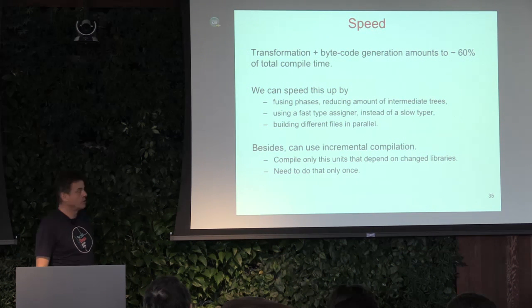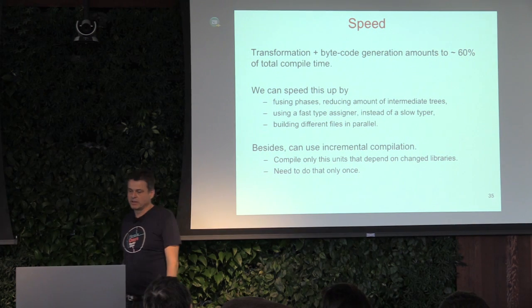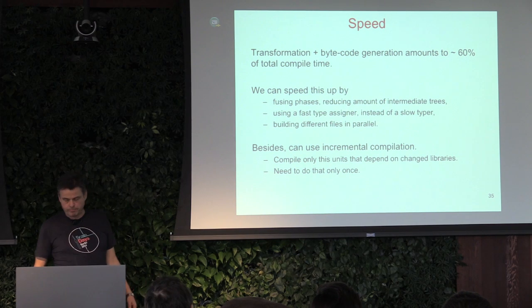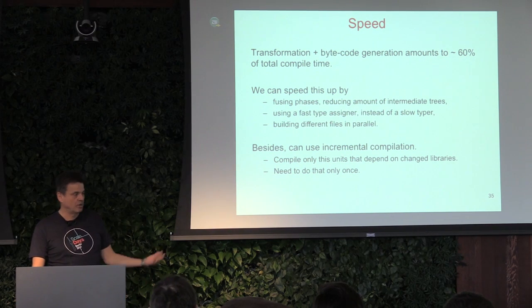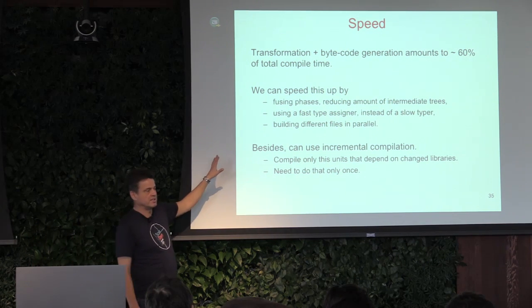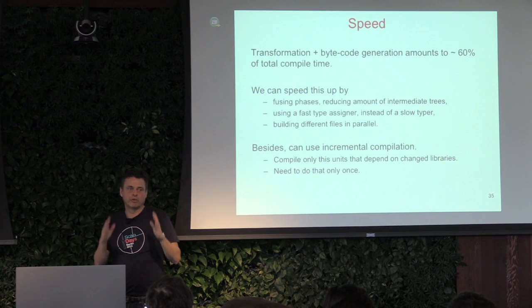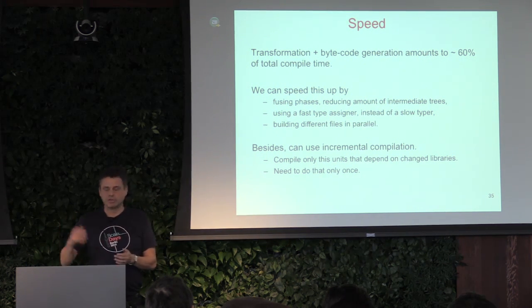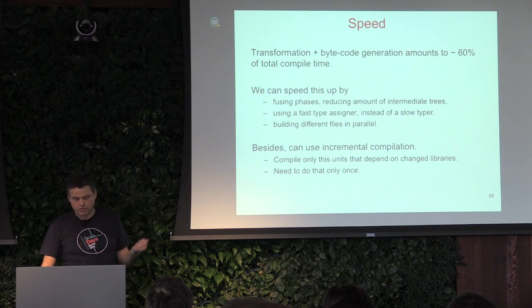Speed. Transformation and bytecode generation currently amounts to about 60% of total compile time. There's a lot of tricks we can use to speed that up. So we have experimented with fusing phases, reducing the amount of intermediate trees, using a fast type assigner rather than the slow typer, the full typer. And what we also can do is build different files in parallel, because once we have all this information ready, there's no need to have a sequential compiler that goes through these things one by one. Besides, of course, we can use incremental compilation, so compile only units that depend on changed